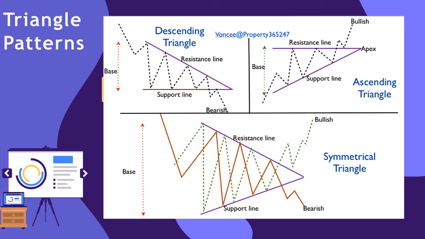So now we're going to talk about the descending triangle, which I've drawn there. So mostly this is seen in the downtrend. And of course, some say volume is not an issue here, but I always like to look at the volume to actually see what is going on here, because you cannot just ignore the volume, because it also tells you quite a lot. So this is a bearish signal, and you should see some lower lows and lower highs